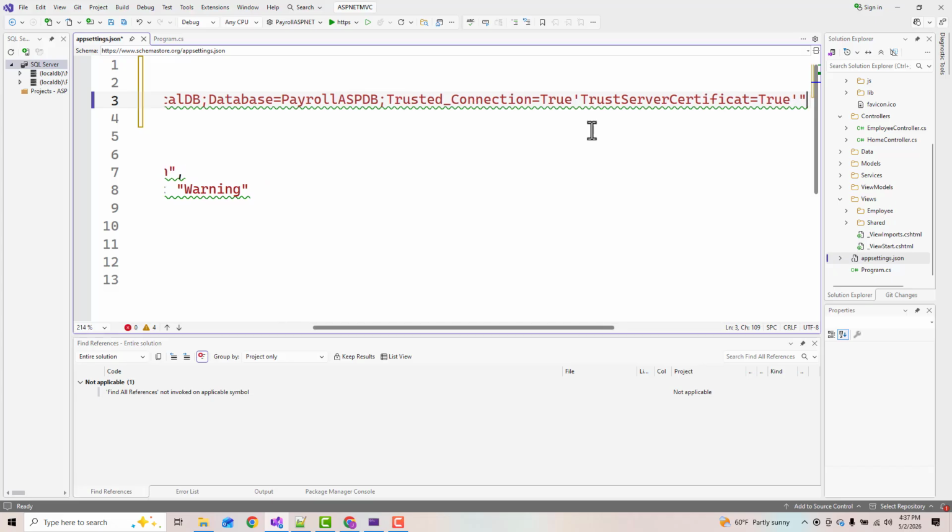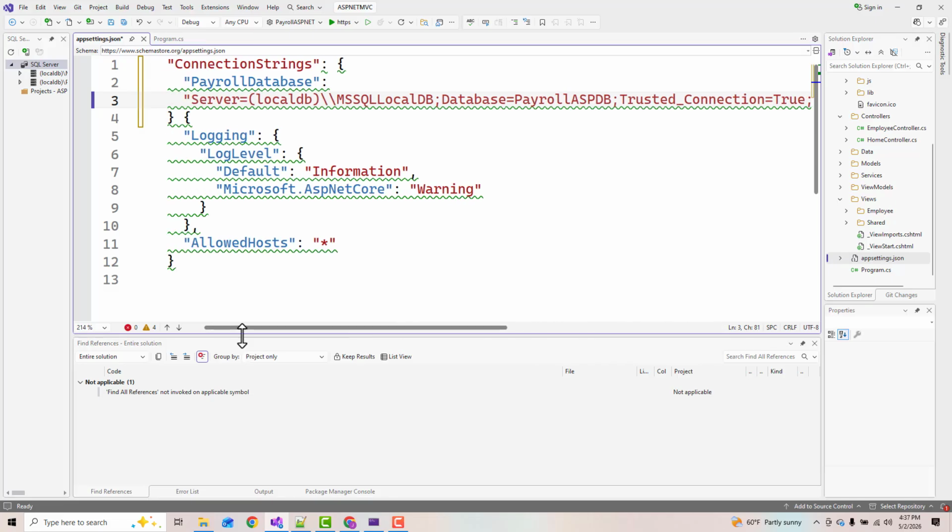All right, that should be everything. Spelled certificate wrong. All right. Doesn't look very good right now, but we're working on it here. All right, the connection string for our payroll database